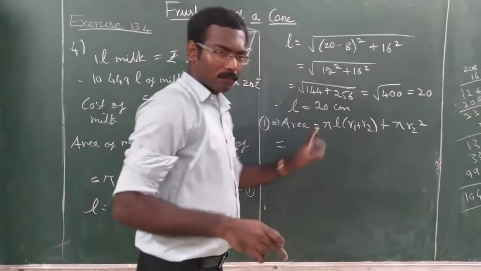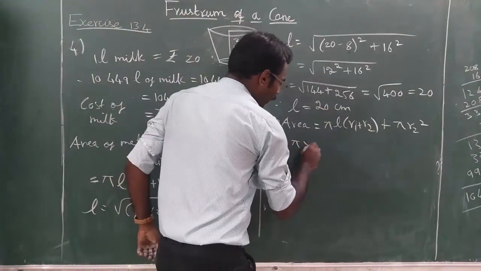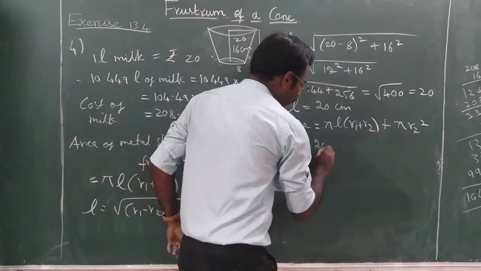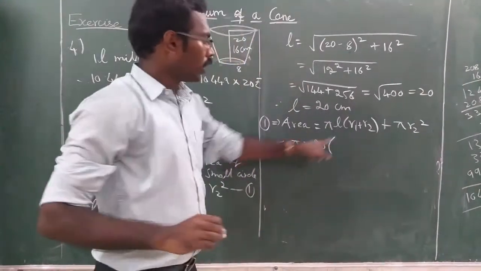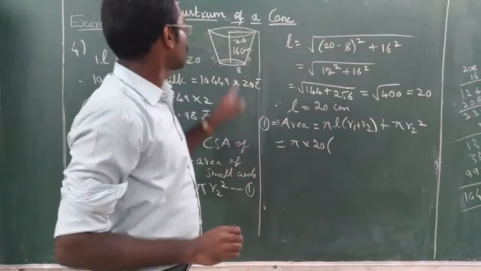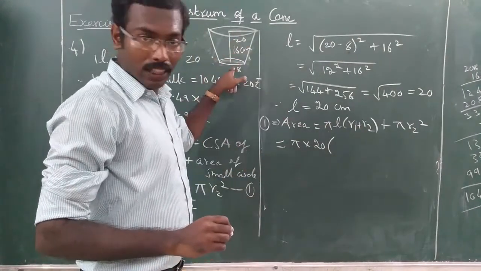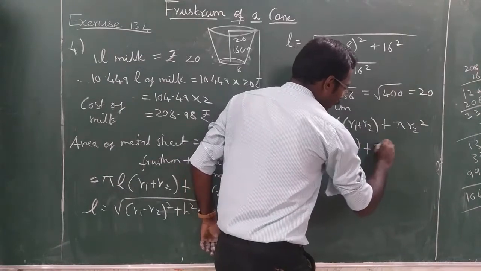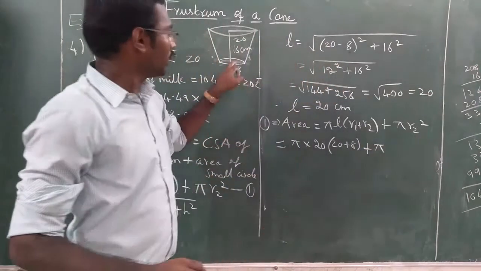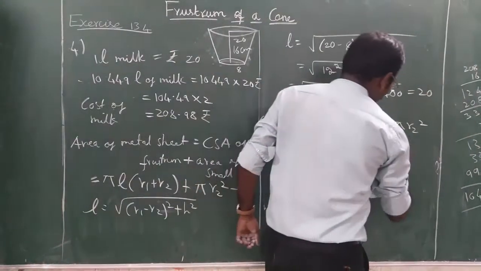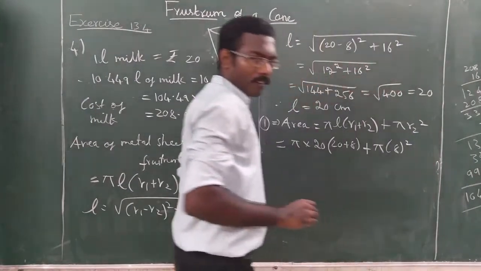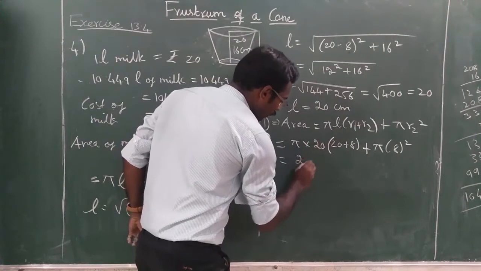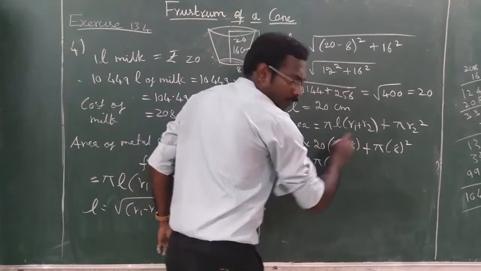Let us keep the pi as pi only. Pi into L. What is L? L is 20. 20 into R1 plus R2. R1 is 20, R2 is 8. So 20 plus 8, plus, keep the pi as pi, R2 is 8. So 8 square. Okay. So that is pi into 20, that is 20 pi into 20 plus 8 is